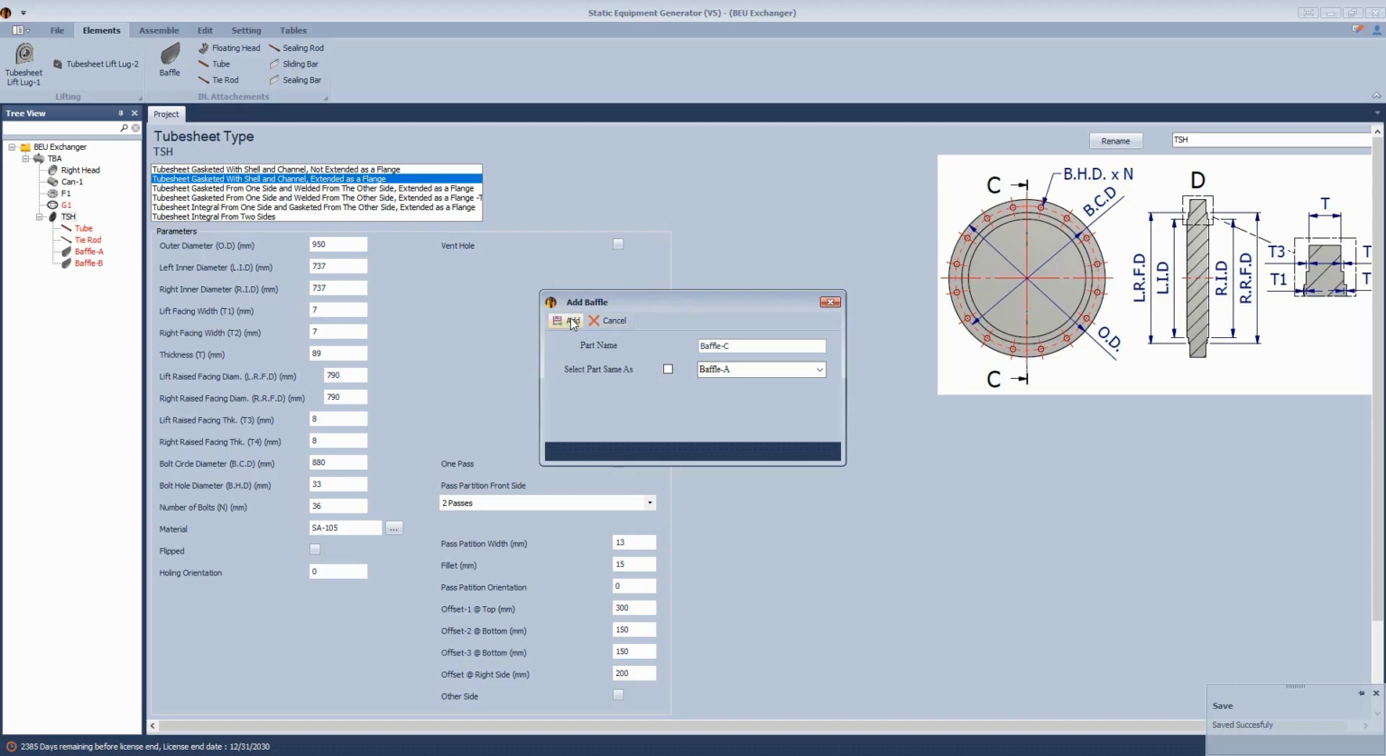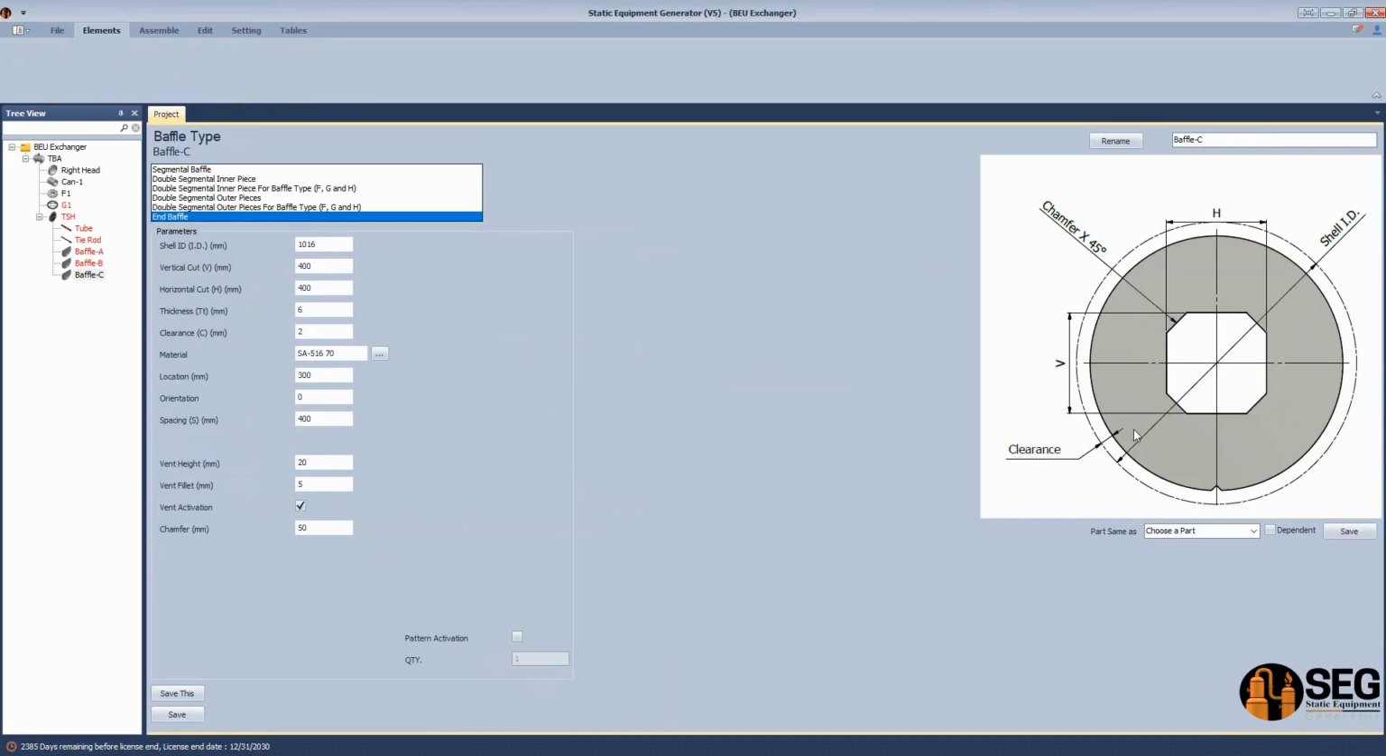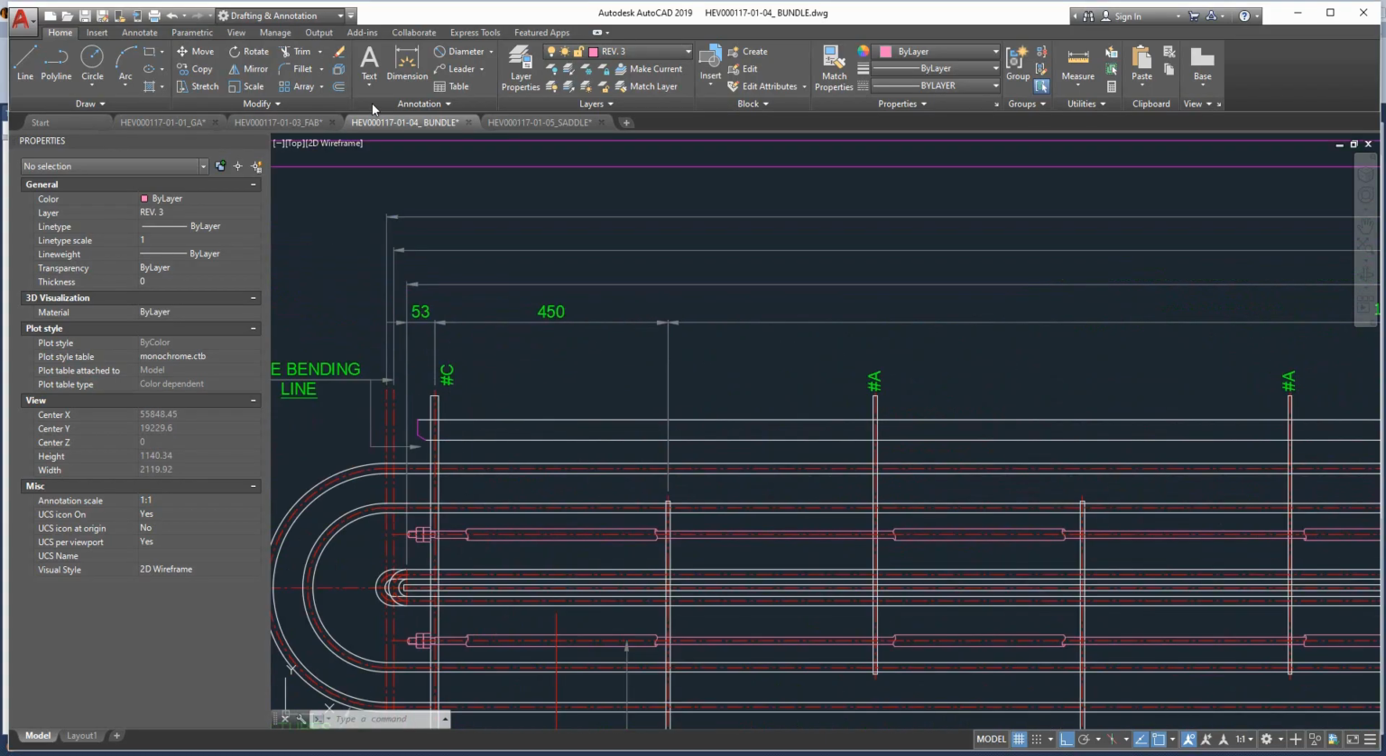Okay, and click on add. And for the baffle C, it's an end baffle, so it's a complete baffle. And from here, let's define the inside diameter, and the cut will be equal 0 and 0, and the thickness will be 16 millimeters, and the clearance will be 2.4, and the location as per this drawing, we can measure